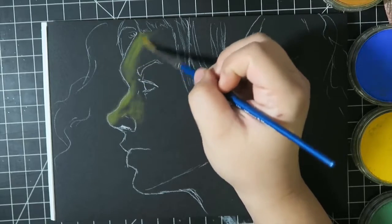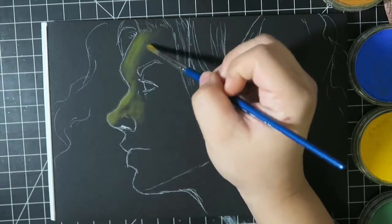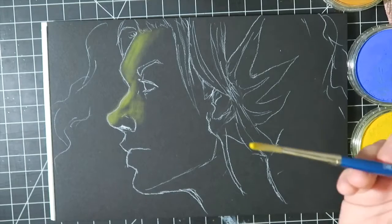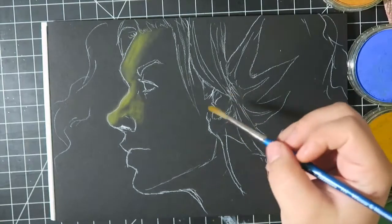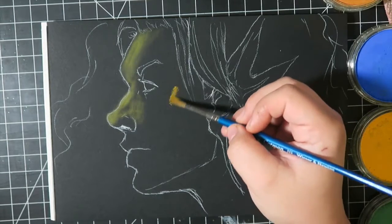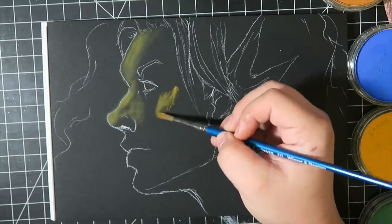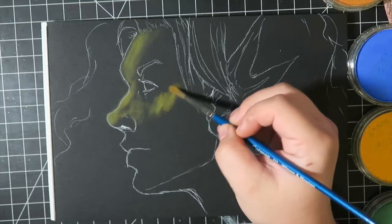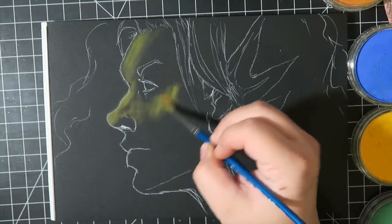Actually, that looks more white because it's the highlight, but I'm just gonna sit in the skin. The bad thing is that I can't really say I'm gonna add more water to spread the paint, because obviously this isn't water-based, but it's still quite nice. And I'm not really using that much pastel in the brush because I don't want to just scratch at it, but